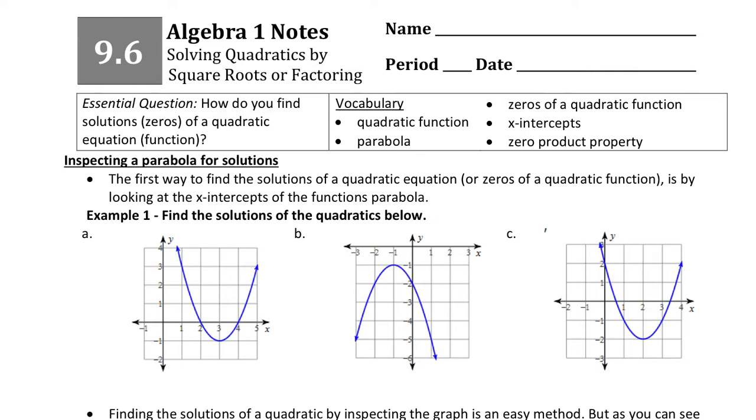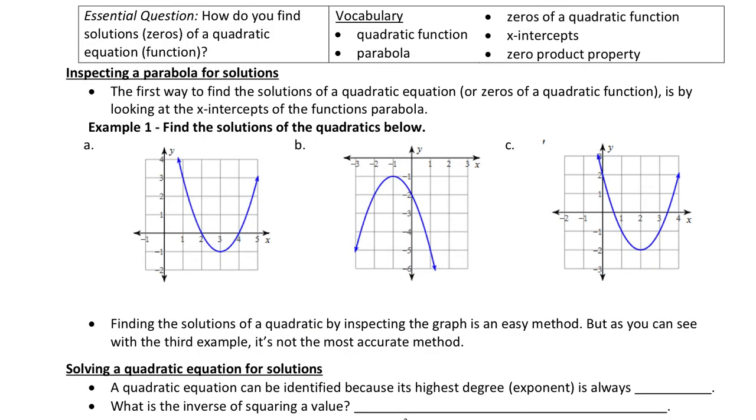You can always find your solutions for a parabola by just looking at it. We call that inspecting in mathematics. To find those solutions, we talked about this in the last lesson, it's just the x-intercepts. So we've got three different types of parabolas here, and we want to look at what the solutions are. In this first example, if I put my points here, I can see that my solutions are going to be